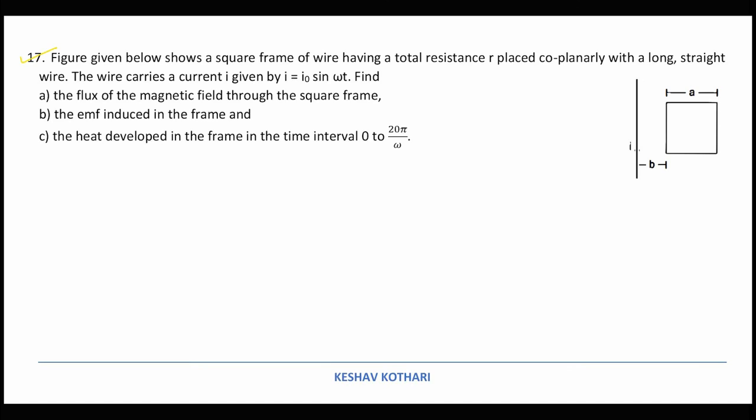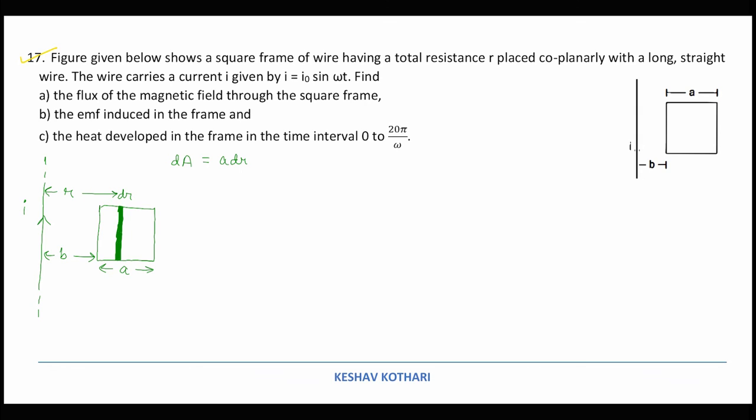So if we consider this particular problem, we begin it this way. Let us first of all understand it in this way, that this is the infinitely large current carrying wire carrying a current I, and at a distance b from it, the first edge of the square frame is there of side A. At a distance r, we are selecting a small patch of thickness dr. So we are selecting a small patch over here of thickness dr. So the area of this patch can be written as dA, which is equal to a dr.